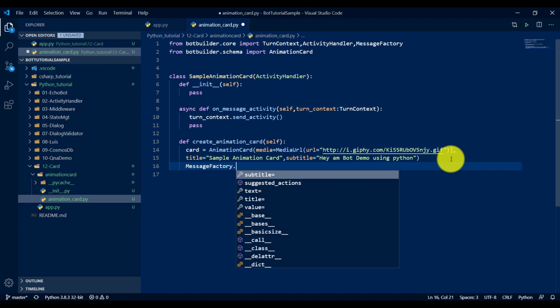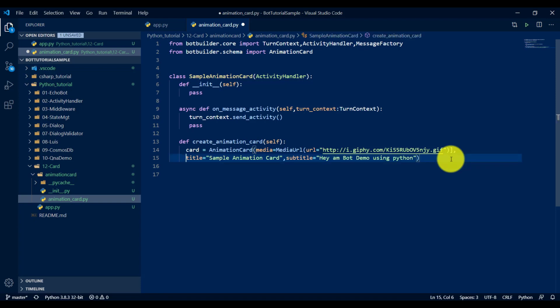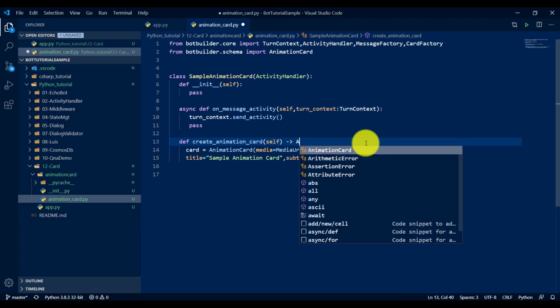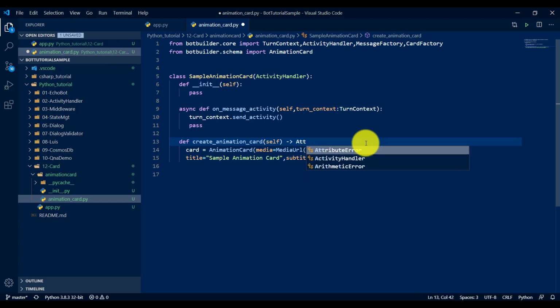To convert a card to an attachment, we have to use CardFactory. This is used to convert to an attachment. Instead of adding to the message factory and returning it here, I just return the card factory result. This function returns the attachment, so the return type is Attachment.